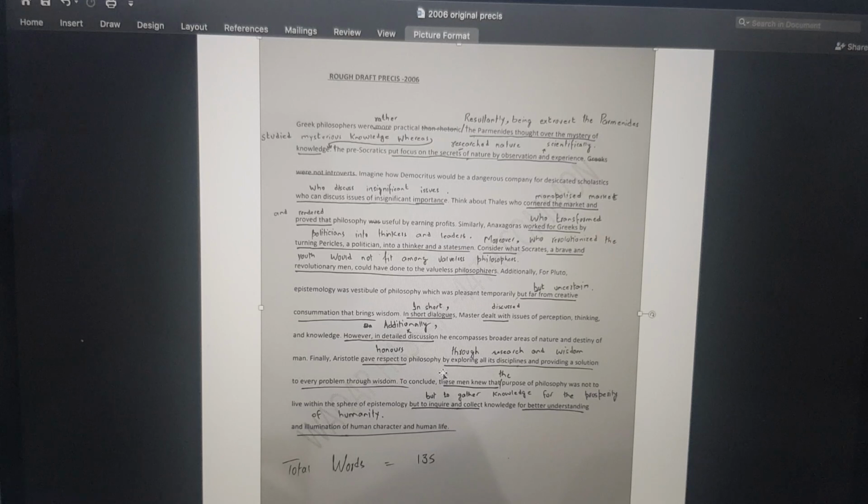You must show the examiner that you have worked on your passage, like the way we did in this passage. So from the points of the passage, you have to make a rough draft. You will give a heading, rough draft, and after giving the heading, you will write a single paragraph from the points of the précis, and then you will trim the paragraph, and you will do rough work here to improve your passage, to improve its connectivity, to make it according to the required length of the passage. All the work you need to do on your précis, you have to do it in the rough draft, and after that count the words.